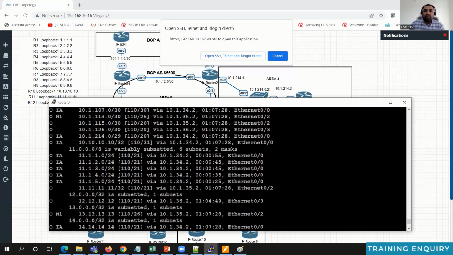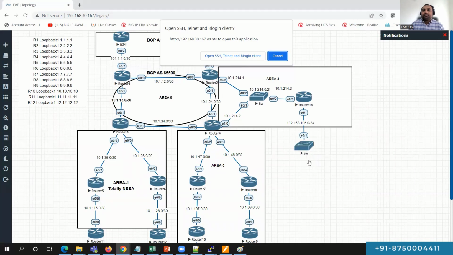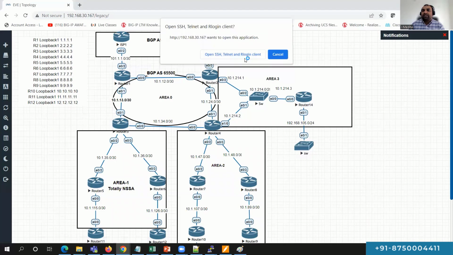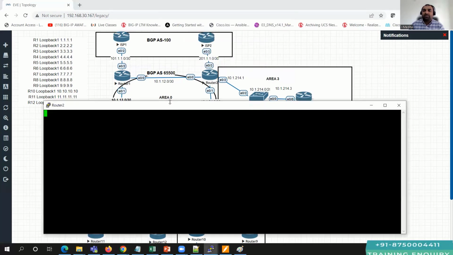So you're receiving all those 5 prefixes coming as it is. Now you want that, for example, whenever traffic is coming in area 3, it should come via router 4 only. So from router 4, let's keep all these prefixes get advertised as it is, and from router 2 we can advertise that prefix as a summary address, so that we will be using the summarization for the purpose of path